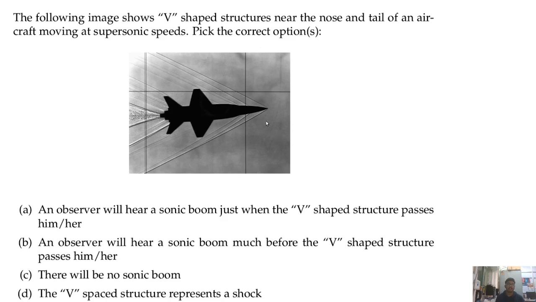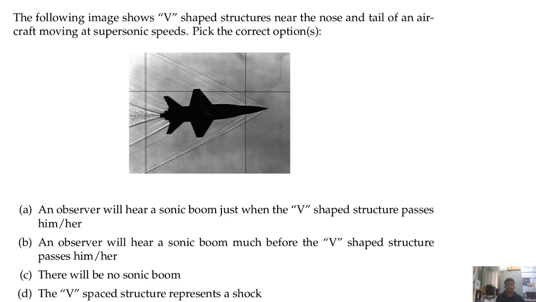You can see that this is a V-shaped structure, and also this is a V-shaped structure. Now the question is that an observer will hear a sonic boom just when the V-shaped structure passes him or her. So what it means, sonic boom is a pressure pulse, right,